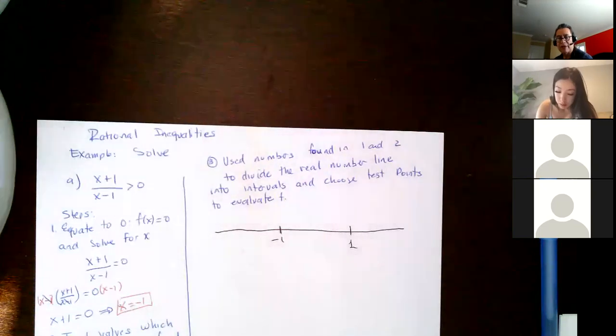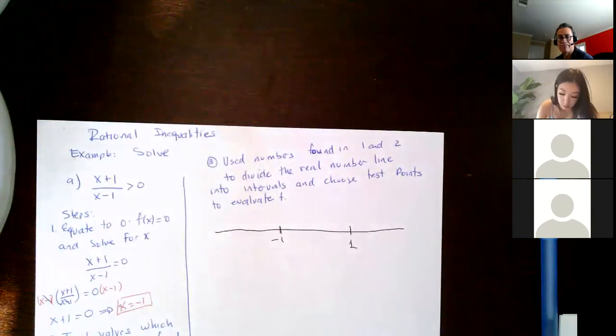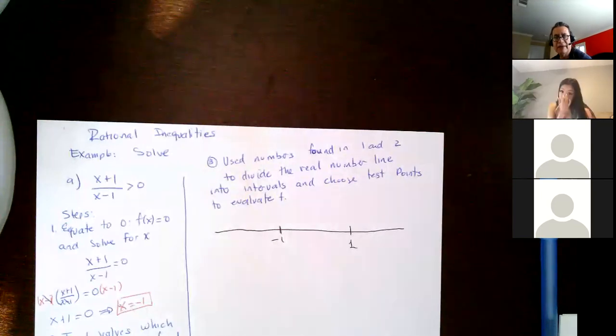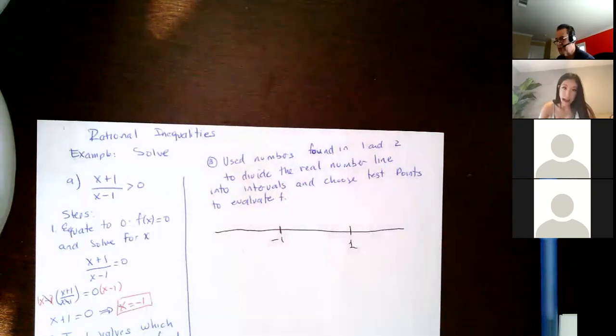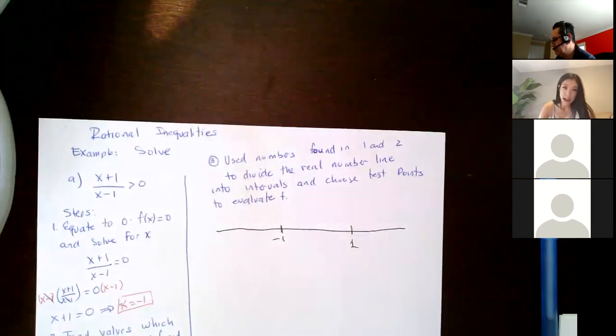Divide the intervals, create the intervals, and then choose your test points, plug in those values. Now, plug in those values in the x plus 1, x minus 1, and x plus 1, x minus 1. For example,